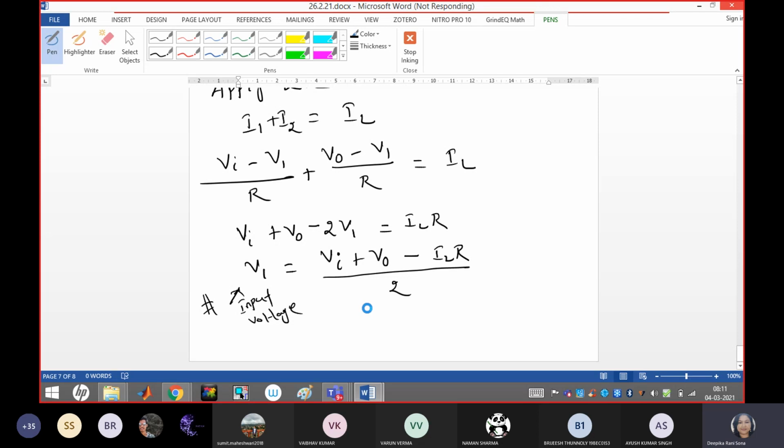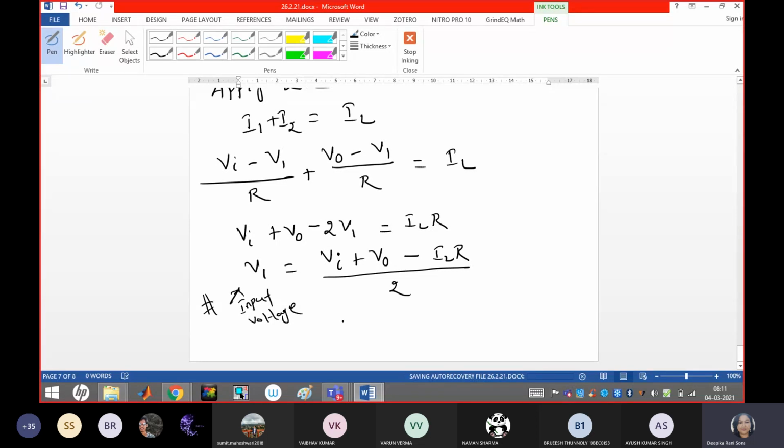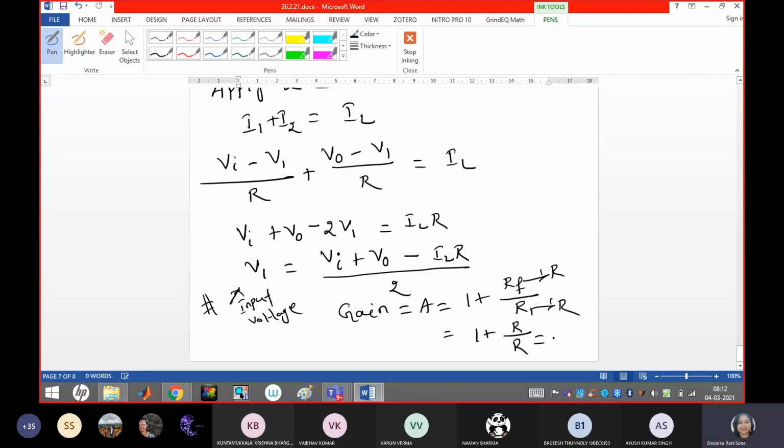All the equations, all the resistances are okay in terms of R. So if I want to write the gain equation, first tell me whether this gain should be written in terms of an inverting amplifier or a non-inverting amplifier. Non-inverting. So what should be the basic equation for that? 1 plus RF by RI. But here RF and R are both R, right? So what should the equation be? What is the gain value? 2. Right?